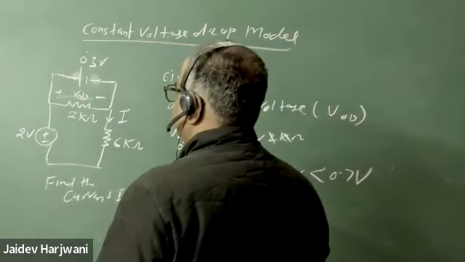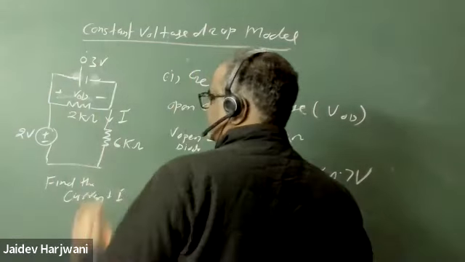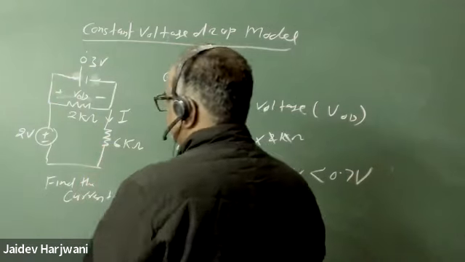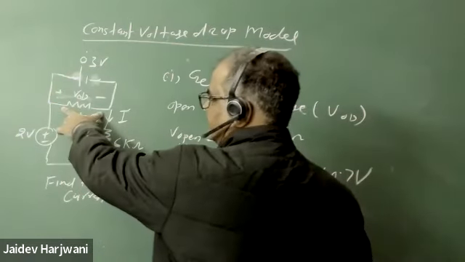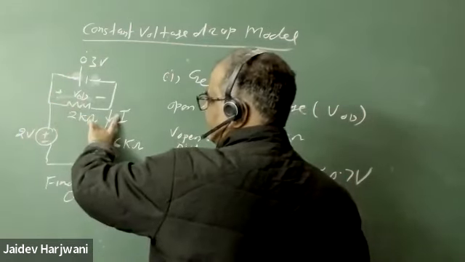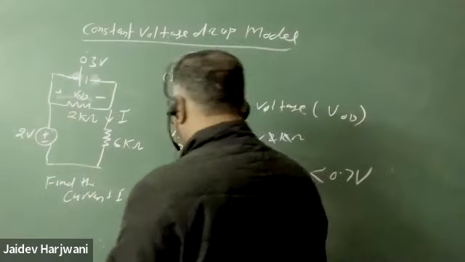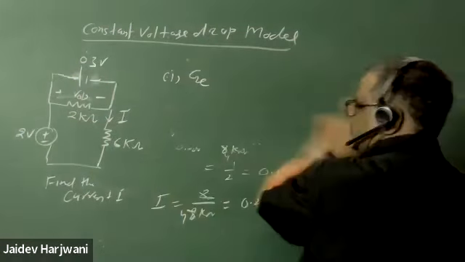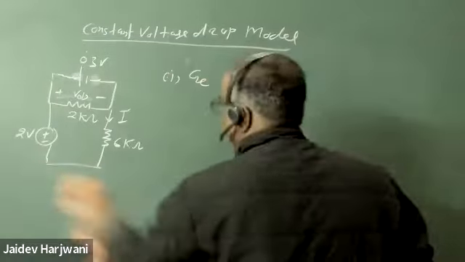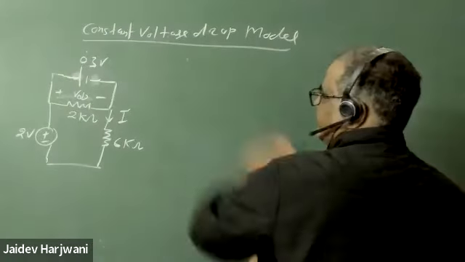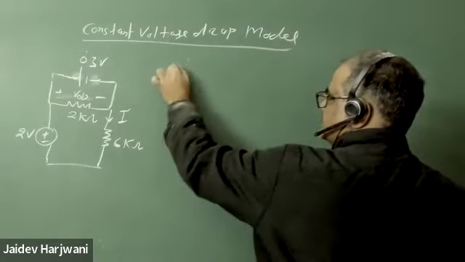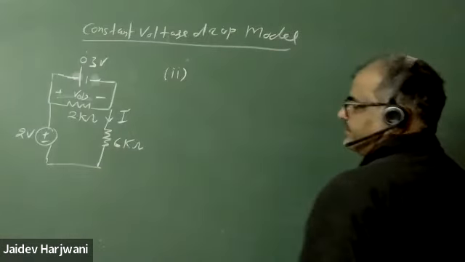Okay. Now it can be replaced by a battery of 0.3 volts. So now here voltage is how much? 0.3. The remaining voltage comes here, so you can find the current here. Okay, so in the second case, when you have germanium,